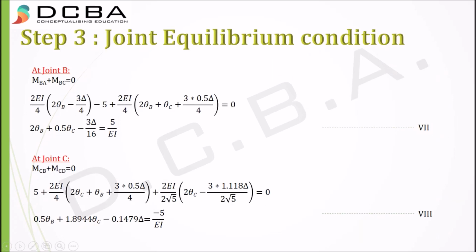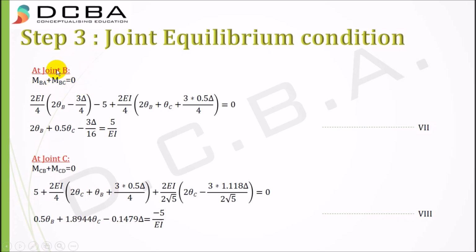Now we have this very important step, the joint equilibrium condition. At joint B, to keep joint B under equilibrium, we need to satisfy this condition: the moment of BA plus the moment of BC should be equal to 0. That is, the net moment at joint B should always remain 0, because if a particular moment value remains on joint B,